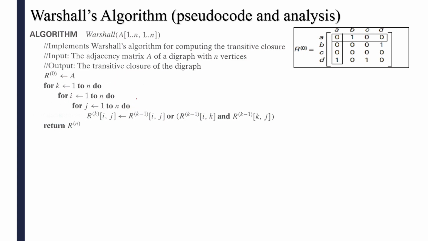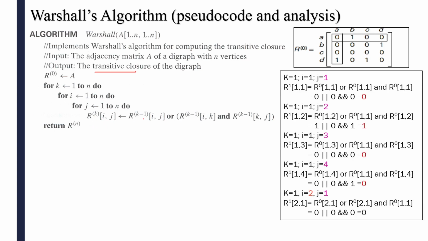These are the three for loops you are using to get the solution for your problem. So what is your problem? A directed graph is given and you need to find the transitive closure for the given graph. This is the equation: R^k[i][j] = R^(k-1)[i][j] or (R^(k-1)[i][k] and R^(k-1)[k][j]). If you want the k solution, you take the earlier iteration, the k minus 1 solution, as a reference, and with the help of that you get the solution here. That's why it is k minus 1, k minus 1 and k minus 1.